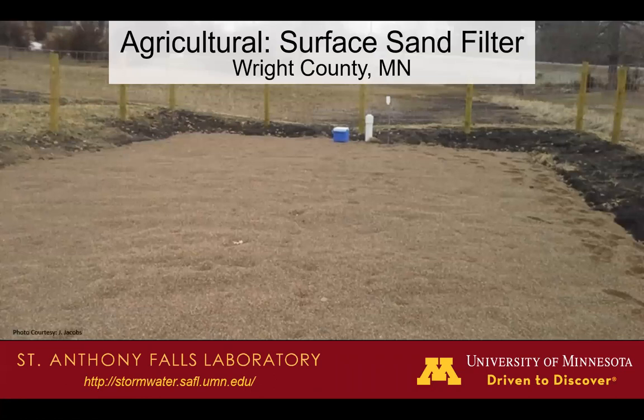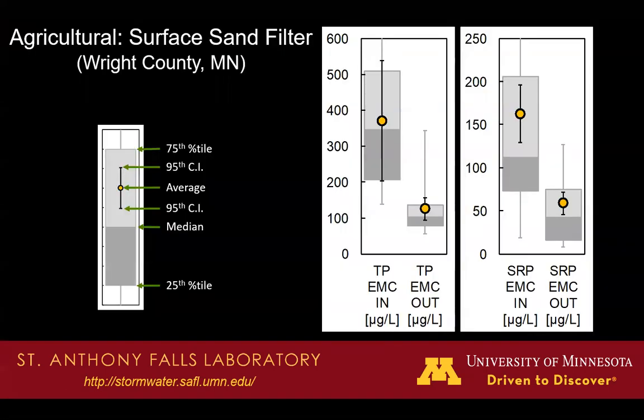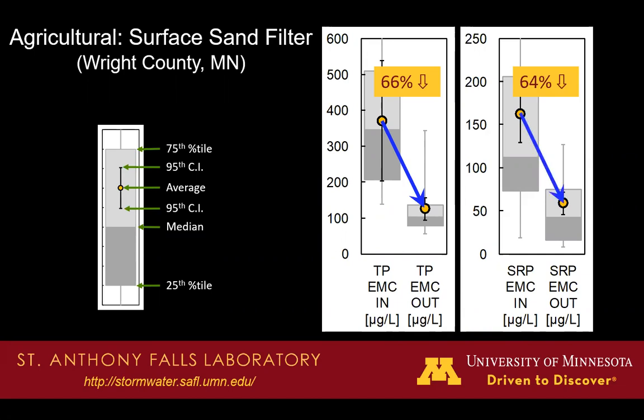But agricultural runoff can also be an issue. And this is a full-scale system that was installed downstream of a tile-drained agricultural field, which is a mix of pasture land and row crop agriculture. This was also monitored through a project at the University of Minnesota's St. Anthony Falls Lab over 3 years. For total phosphorus, we saw about a 66% reduction in the total phosphorus concentration